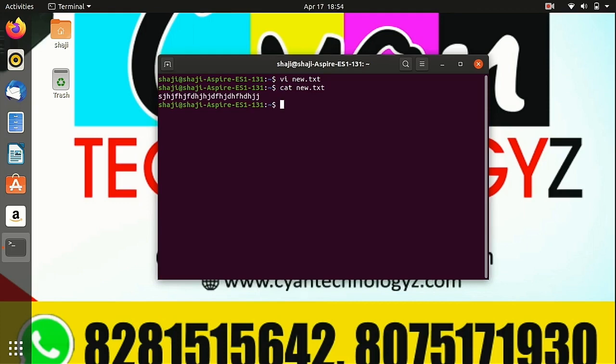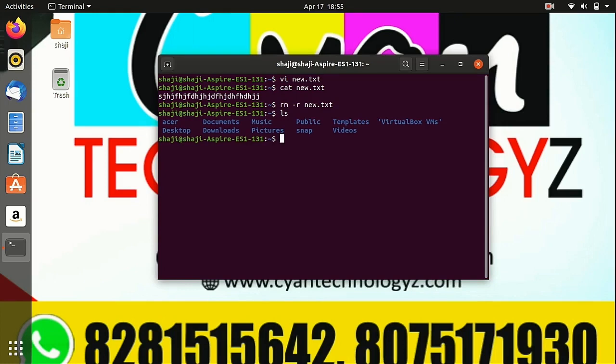The next command is rm. The rm command is used to remove a directory or any file. You can remove multiple non-empty directories and files also. So I'm going to remove this file: rm -r no.txt. I have removed that file. I'm checking that the file is not there because I have deleted it with the rm command.